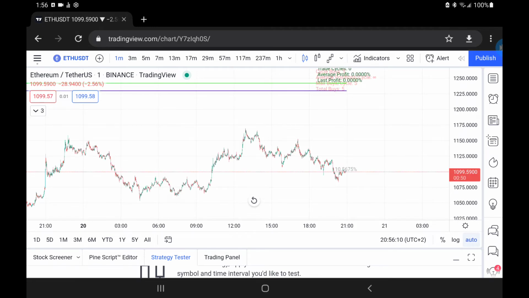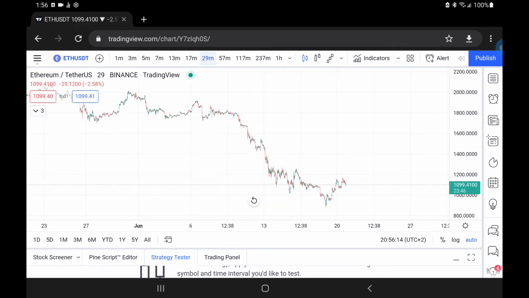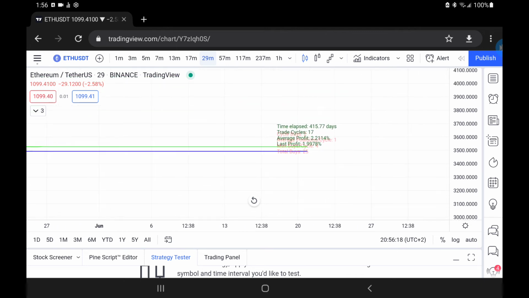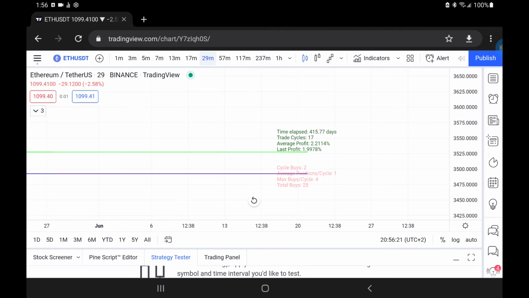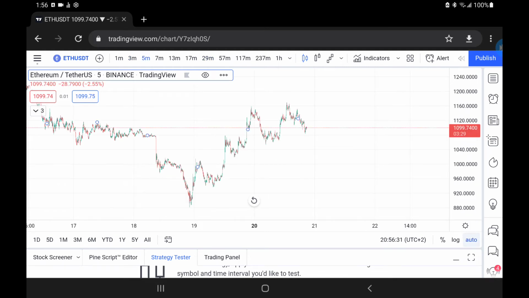Let's see around the 30 minute. Only 4 maximum purchases per cycle. So it looks like the 5-minute was the largest number of purchases per cycle